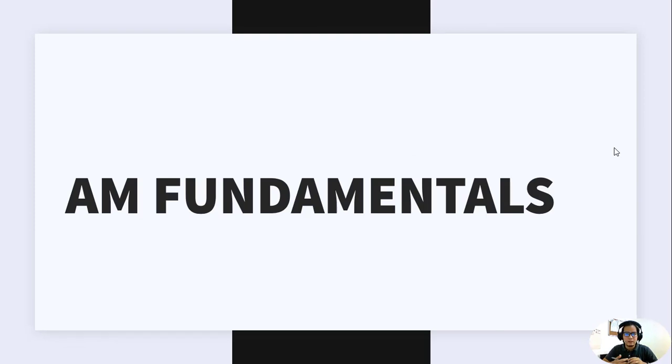Sabi natin dati that one of the barriers of communication is the distance between the sender and the receiver. Let's take, for example, voice communication. Merong dalawang tao, diba, nag-uusap. Kapag sila ay magkalapit, they would use their normal talking voice, diba? But as the distance between these two people increases,